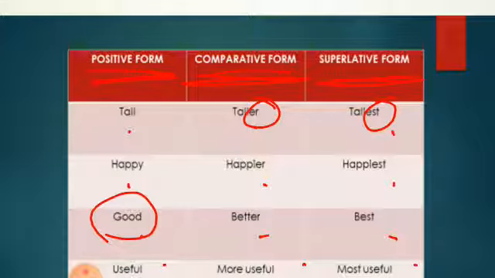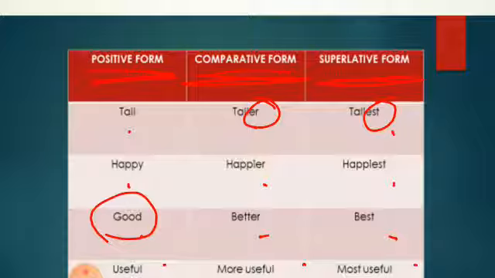Now, what you need to do is open page number 17 of your grammar book. Read page number 17 and 18. There are certain rules which are given on page number 18. You can go through them. Once you have read them and understood them, you may start doing exercise 1, 2, 3 and 4.